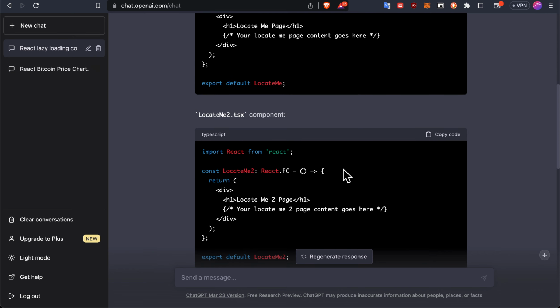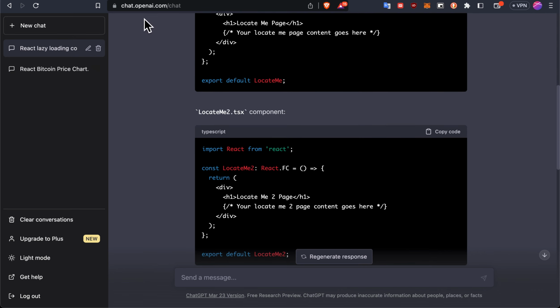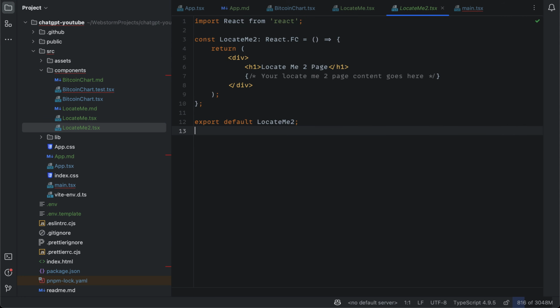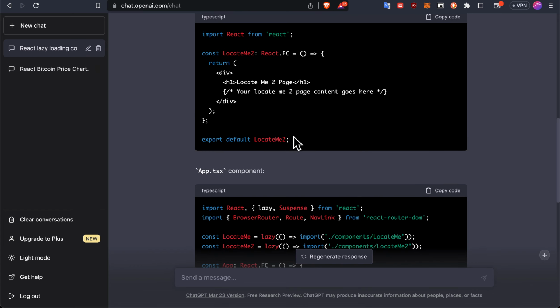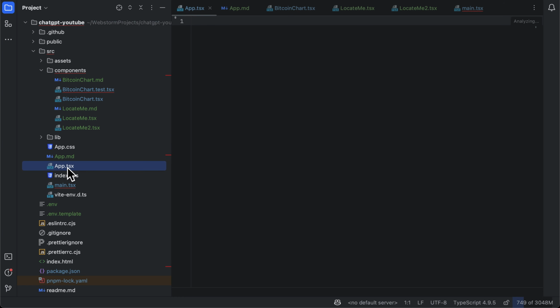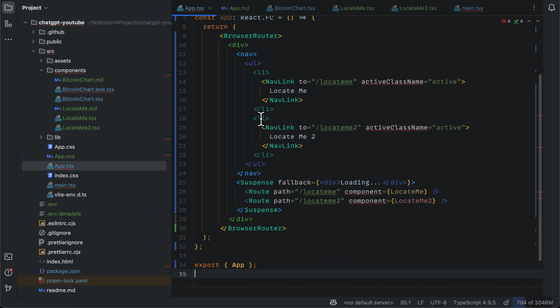Second one is here. Now, I'm looking forward to the time when we can generate file systems or bunches of files instead of having to copy paste individual files, which is a bit of a drag. And of course, this one here won't actually work. But we'll paste it in anyway so you can see that. So if we paste that in here,